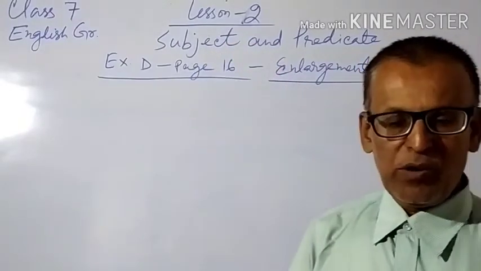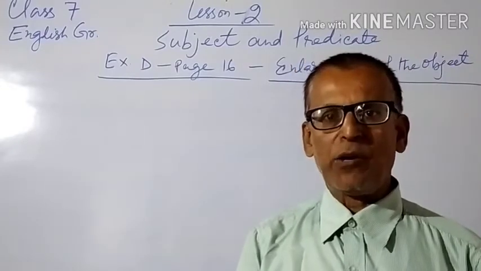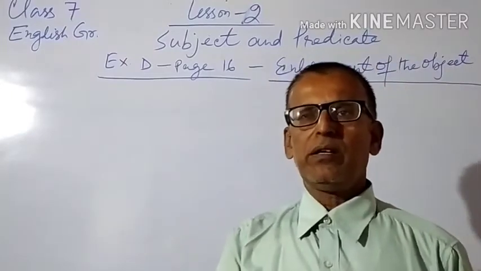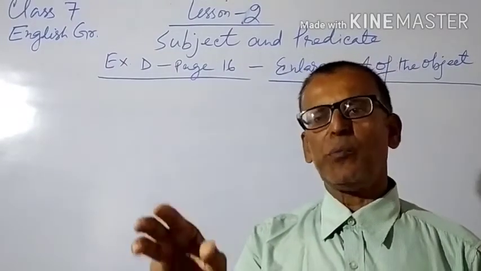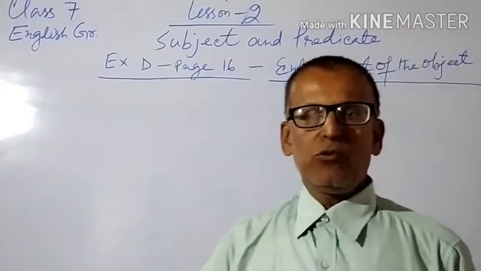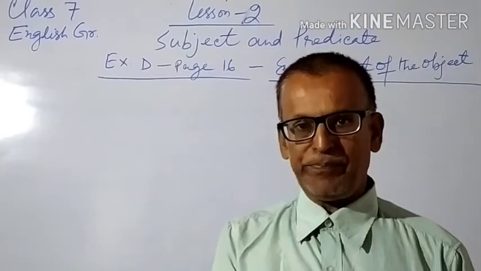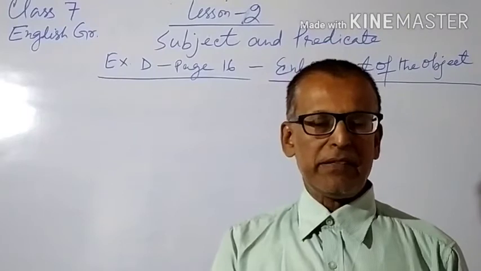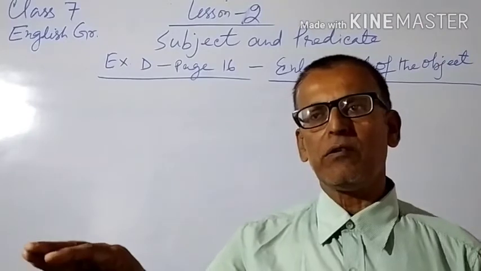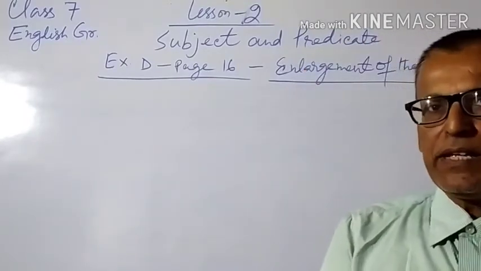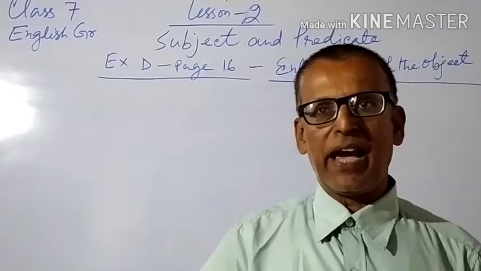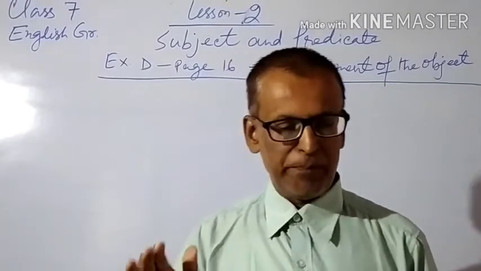In the previous video we have seen what is subject and what is predicate. The word predicate includes the verb part as well as the object part and any other part thereafter. Subject means the subject part only, whereas predicate means the verb part, the object part, the complement part or any other following part. So when there are two parts of a sentence, one part is called subject and another part is called predicate.